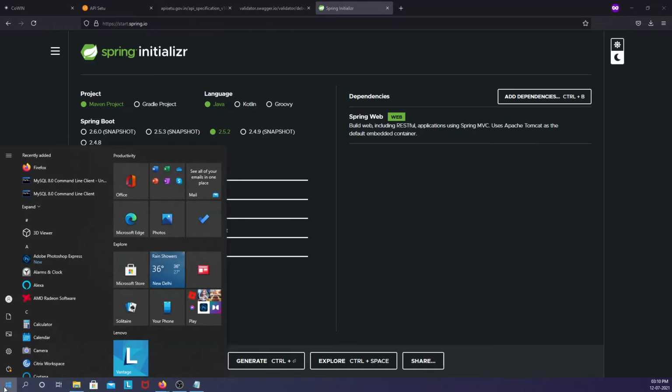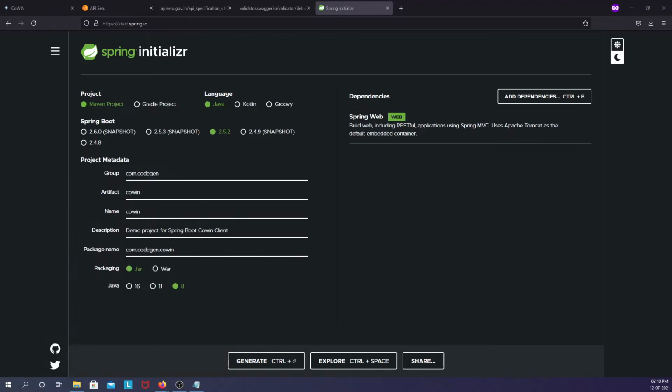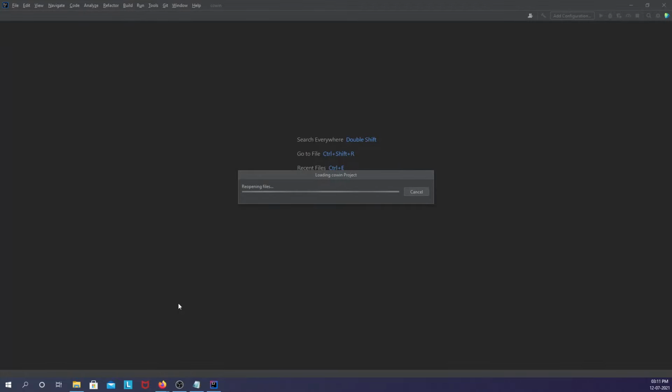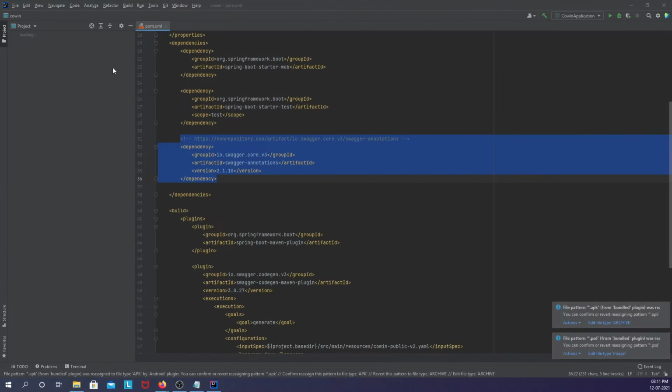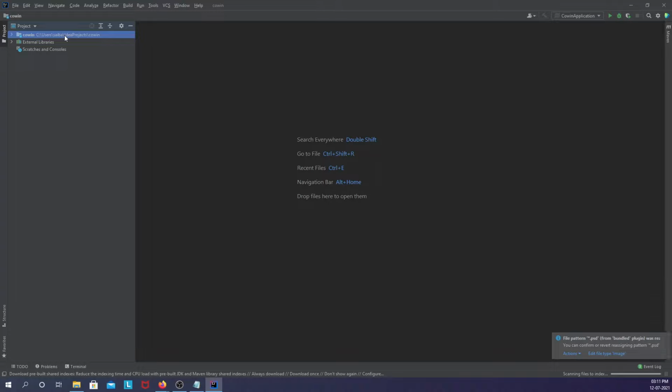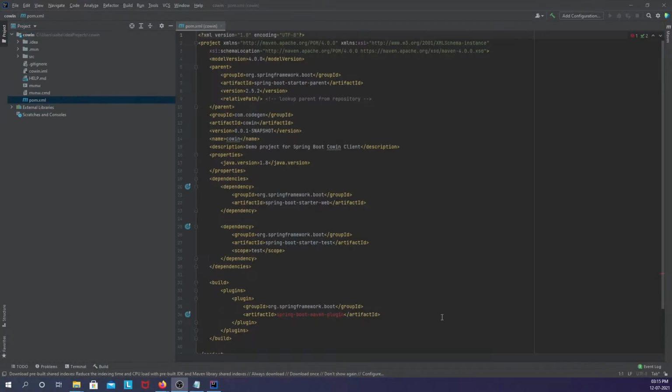Let me import this into IDE IntelliJ. Okay, now I have imported the zip which I have downloaded, a skeleton project to begin with.